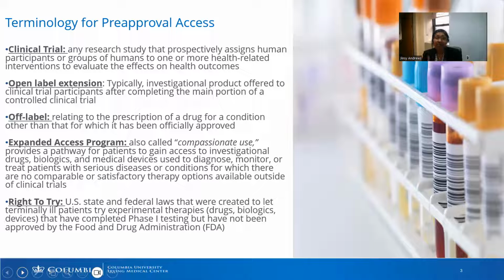Now, one confusing term is off-label. Off-label means that a drug does have FDA approval. However, it is not approved for use in ALS. So if there are preclinical studies that repurpose an available drug, and we have examples of that right now in our community, and we are then able to prescribe it after a risks and benefits discussion with your healthcare provider, then that medicine is being prescribed off-label. So it's considered, quote unquote, investigational or experimental for ALS.